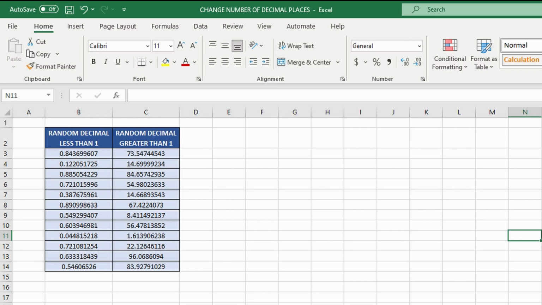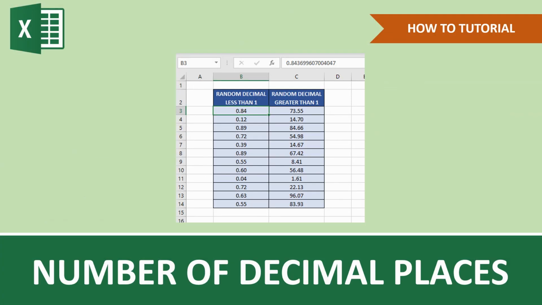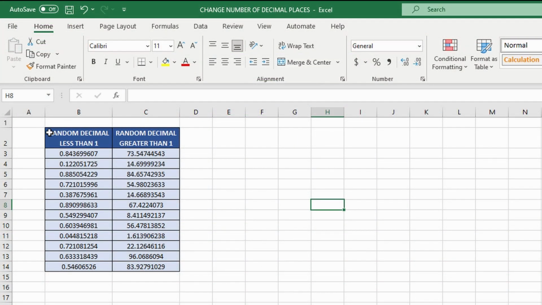For today's video, we are going to talk about how to change the number of decimal places in Microsoft Excel. Let's get started. As you can currently see right now, we have values over here that contain several numbers of decimal places. Well, to deal with this, if ever we want to decrease or increase, there are actually two ways